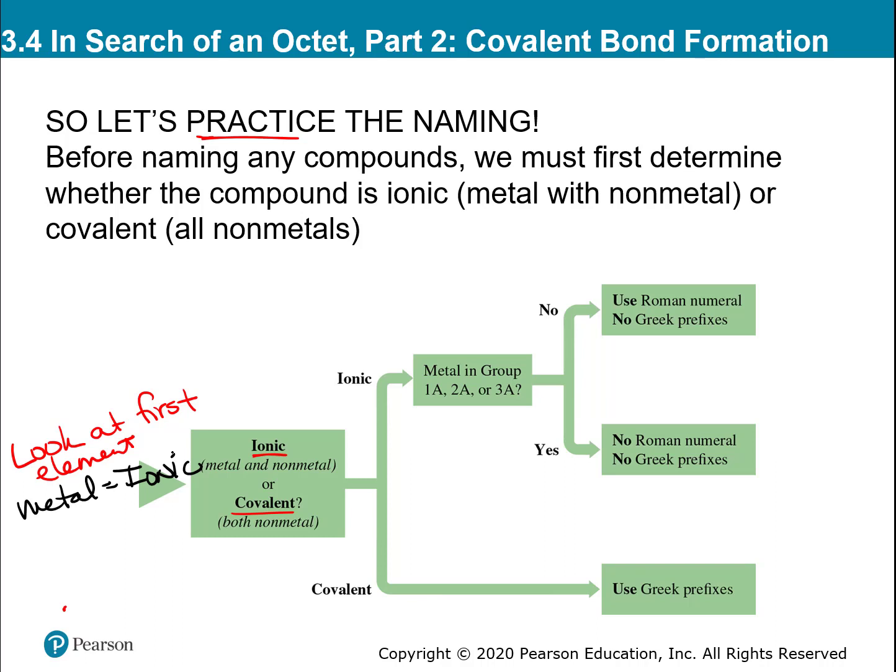If the first element is on the left, I know it's ionic because those are all metals, except hydrogen. It really belongs over here. If the first element is a non-metal or hydrogen, then I know it's covalent. So if it's a non-metal, and hydrogen is included in this, then I know it's covalent. Okay, so if it's ionic,